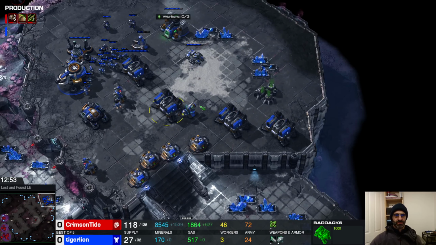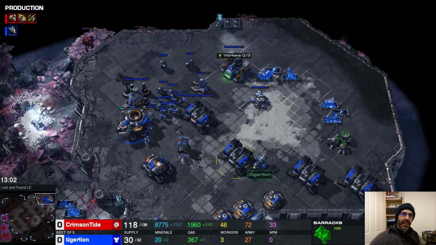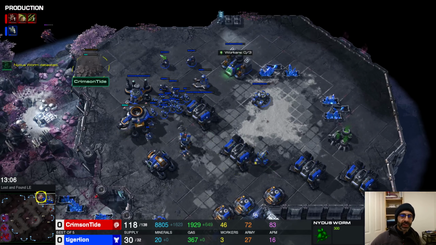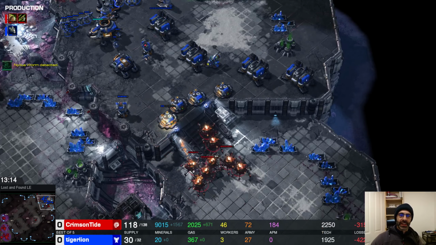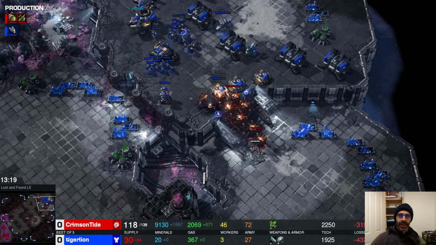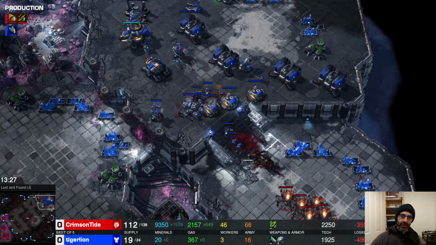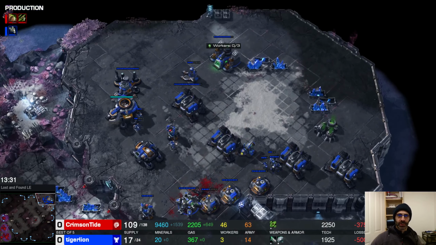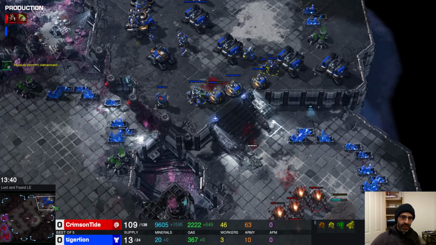So I mean, this is just GG, isn't it? You don't have a base, and you can't build one either. There's a Nydus worm coming in here, which is kind of funny. The Ravagers are in. There's going to be corrosive biles raining down on everything. Oh, and there are no dodges happening. TigerLion does successfully shut down the Nydus, but I mean,